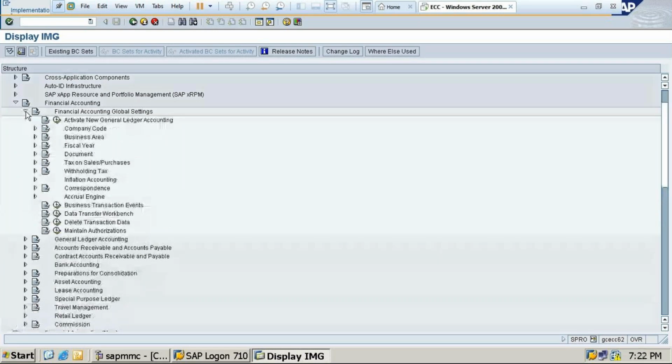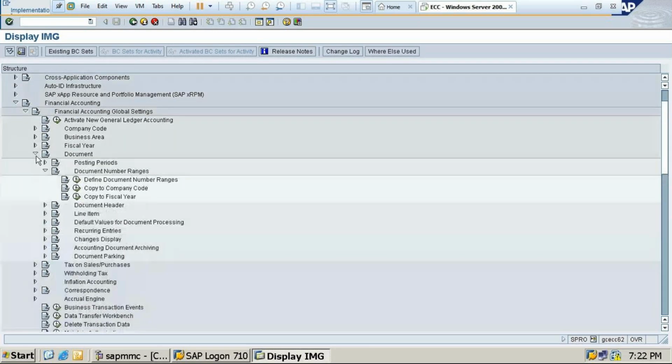Financial accounting, general ledger accounting, fiscal year, document number ranges, copy to this document header.